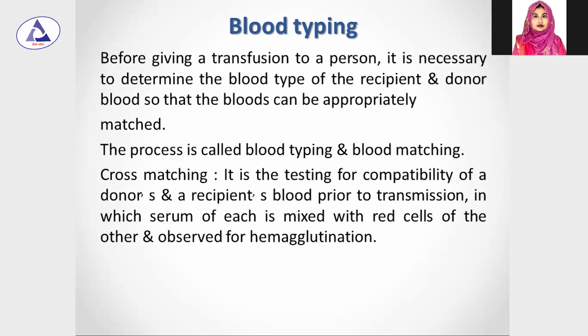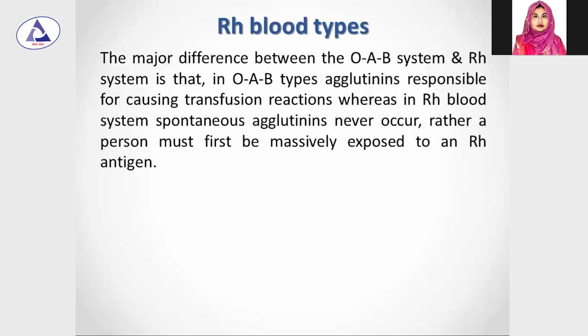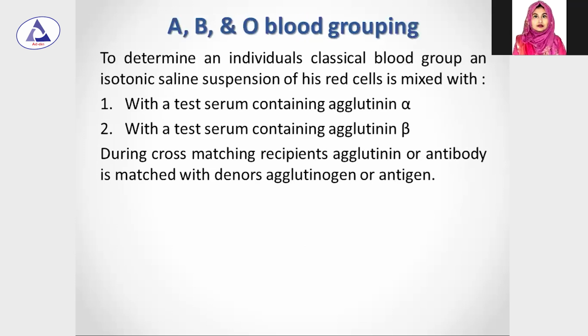সহজভাবে বললে এভাবে বলা যায় যে recipient এর কি কি antibody present আছে সেটা দেখা হয় donor এর antigen এর against এ। সহজভাবে যদি বলি আমরা তাহলে আমরা একটু back এ যাই, যেখানে আমরা cross matching এর কথা বলেছিলাম আগে, ওখানে আমরা একটা সহজ কথা বলেছিলাম যে cross matching এর সময় কি করা হয়, recipient এর agglutinin কে match করা হয় donor এর agglutinogen বা antigen এর সাথে। Recipient এর কি নিচ্ছি আমরা, যাকে আমরা blood দেব তার কাছ থেকে আমরা নেব হচ্ছে agglutinin বা antibody, মানে recipient এর নিব আমরা হচ্ছে plasma, আর donor এর নিব কি, RBC,